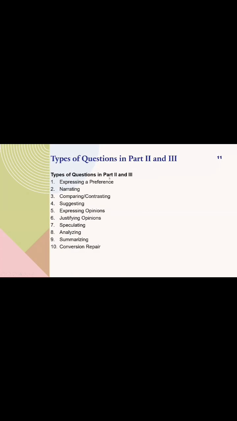Types of questions in part 2 and 3. Expressing preference. You have this type of questions. He will ask you what you prefer. Narrating. You're going to tell something about the past, which means you're going to use the past simple. Comparing, contrasting.